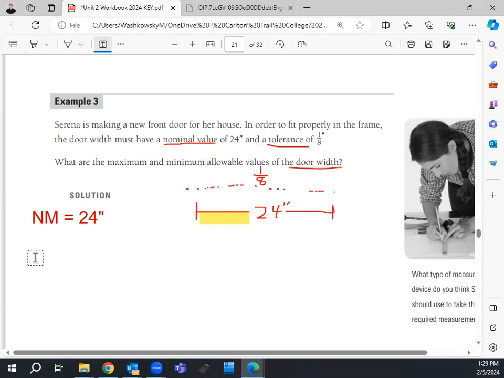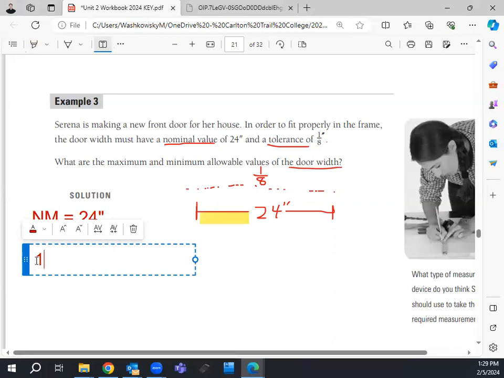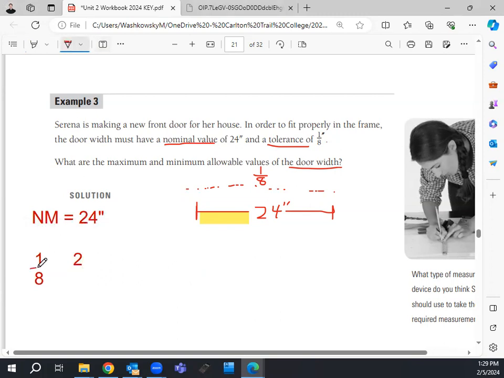So I'm going to take 1/8 of an inch and divide the whole thing by 2. So what's half of 1/8 of an inch? It's going to give me 1/16